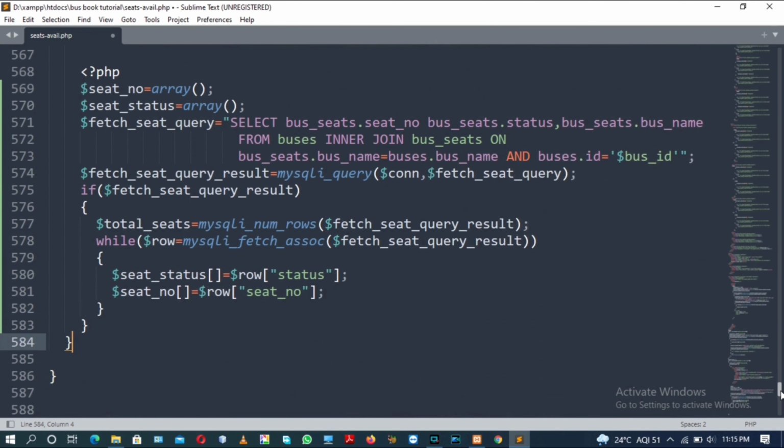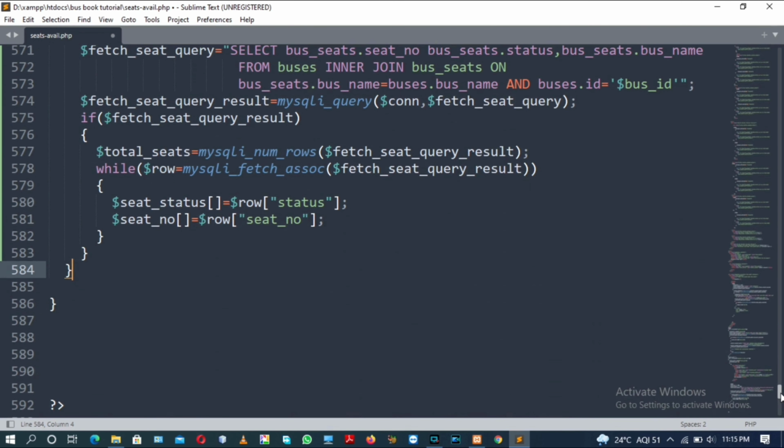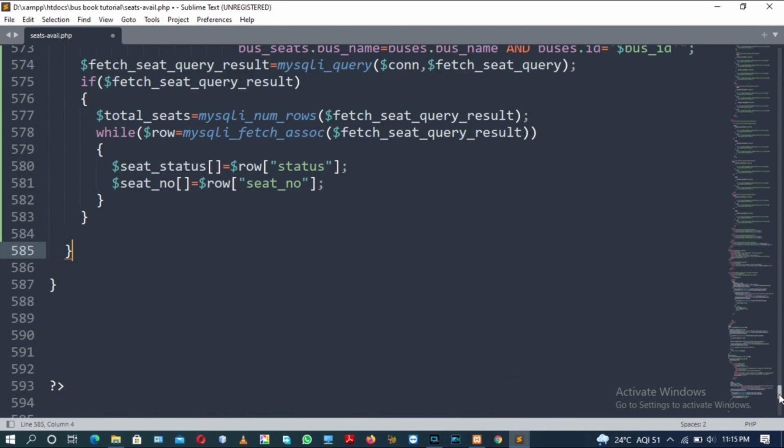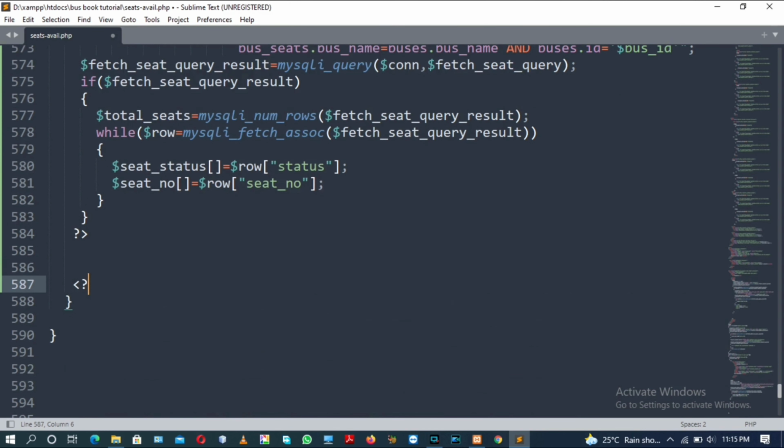For this, there will be a closing tag and opening tag of PHP in which we will write a table tag.